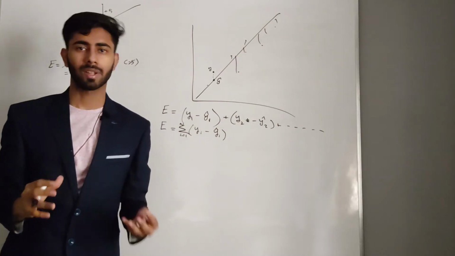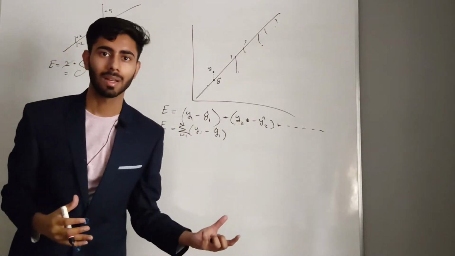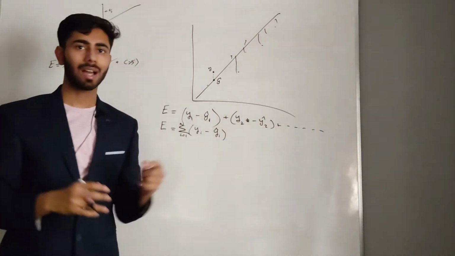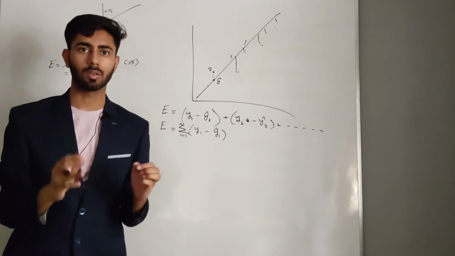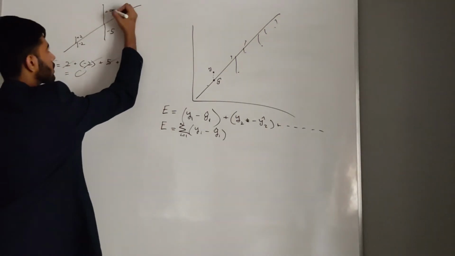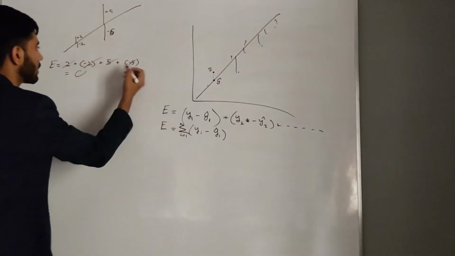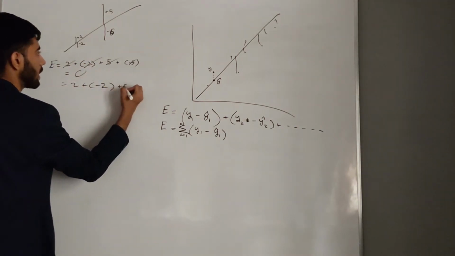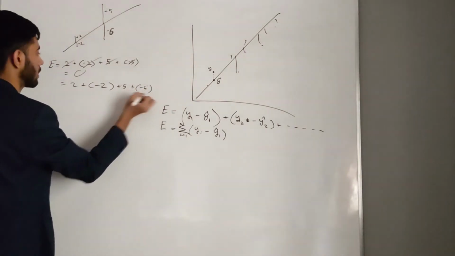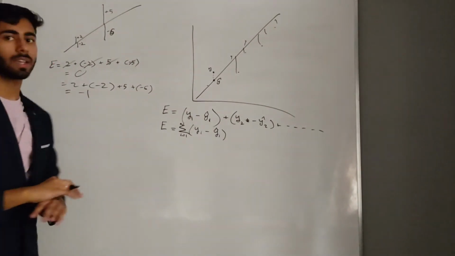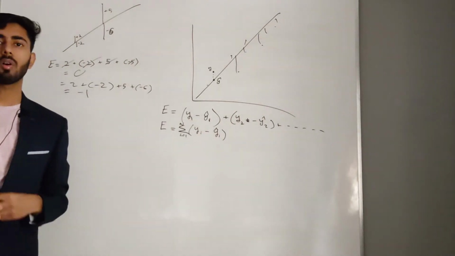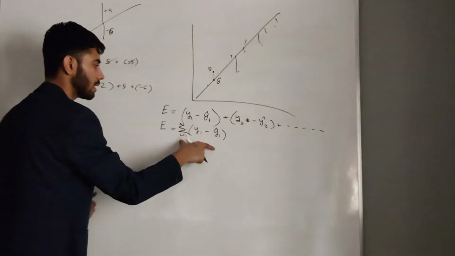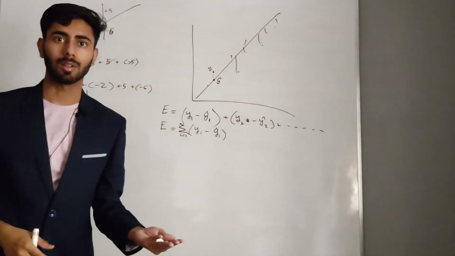I'm sure you must know that error can never be 0. Error has to be some value. If I'm adding some error terms, then I should get a bigger error term, not a 0 or a negative. If here it was -6, then the error I'm going to get is 2 + (-2) + 5 + (-6), which is equal to -1. Error can never be negative. Error has to be always a positive value. So it means that the function I have written here must have an error in itself.